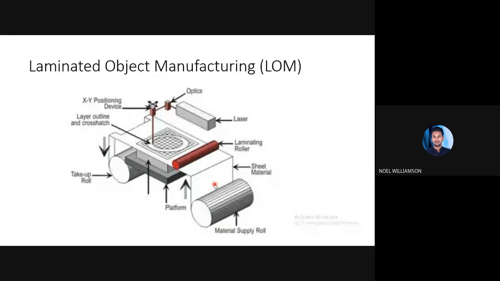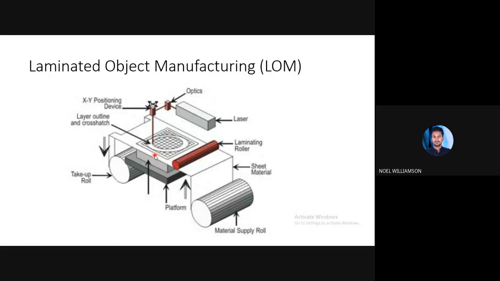So here, what we use is adhesive coated paper or plastic or metal laminate. So paper, plastic or metal, which is coated with adhesives, like in the name slip. We have seen the name slip and all, right? So such a material is rolled over here. That is the material supply roller. It will be continuously fed to the portion where we have to create the layer by layer product.